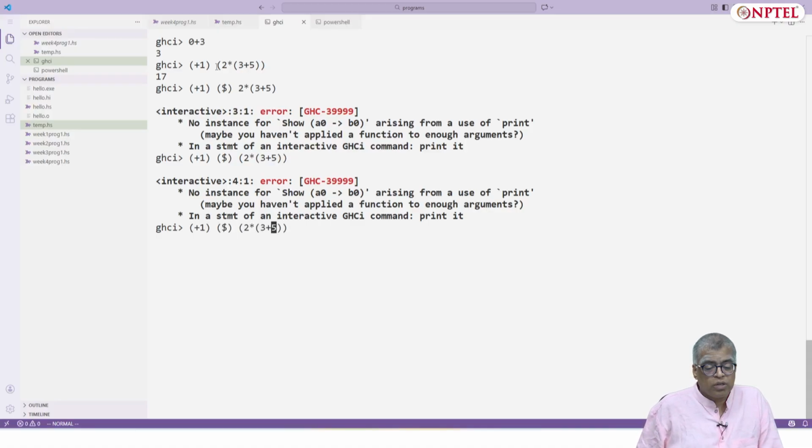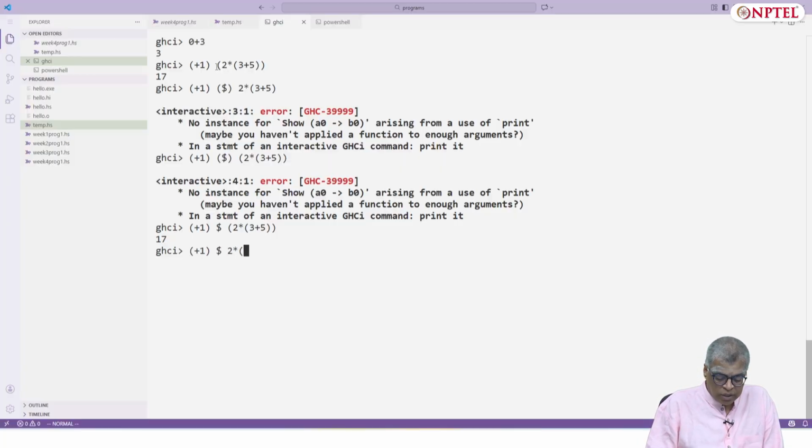That's because I used dollar within parenthesis. I shouldn't use the parenthesis because I am using it in operator mode. So it's just plus 1 dollar 2 times 3 plus 5 is 17. Let me just check whether I need the parenthesis here also. This also works. Okay, so this is dollar, but now I can use it in function form.